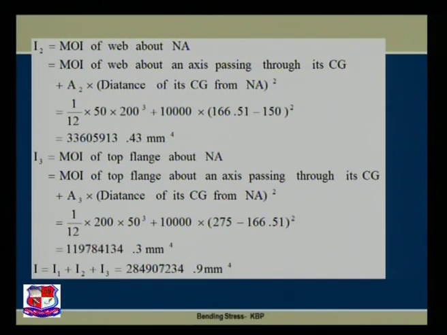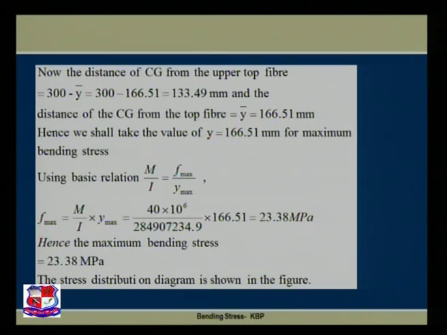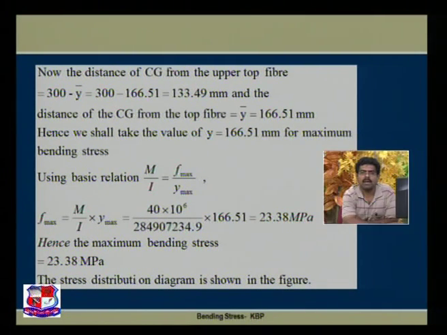Now once I is known to us, we can find out the value of f max by a simple equation, M over I is equal to f max over y max. Y max is nothing but the maximum between Yt and Yb,